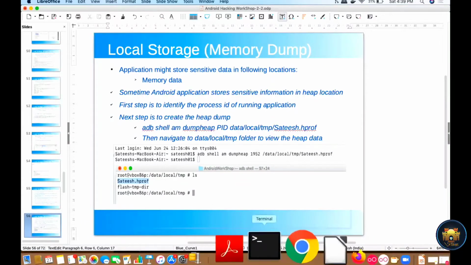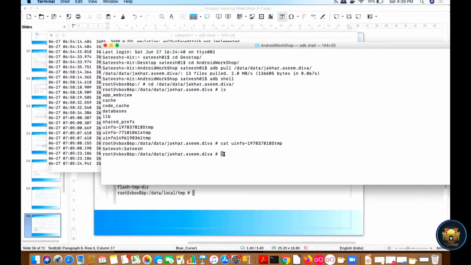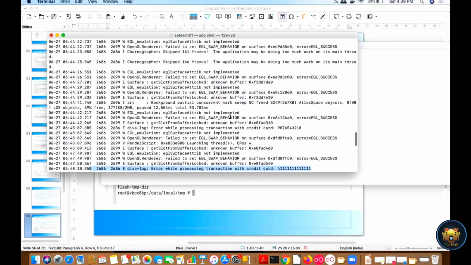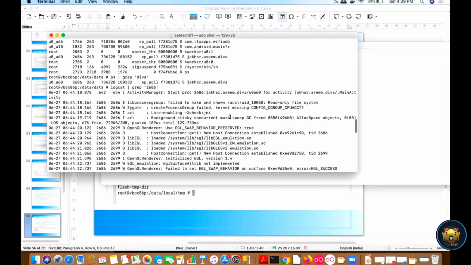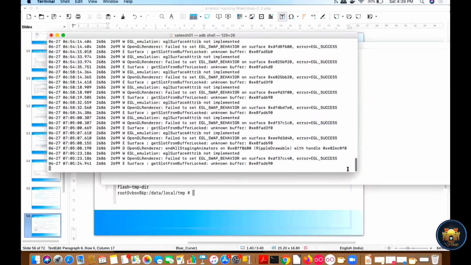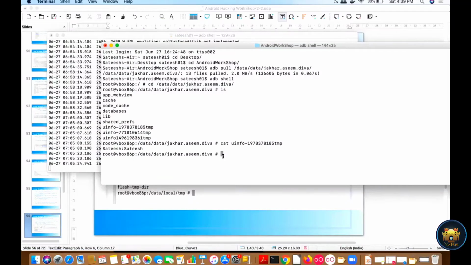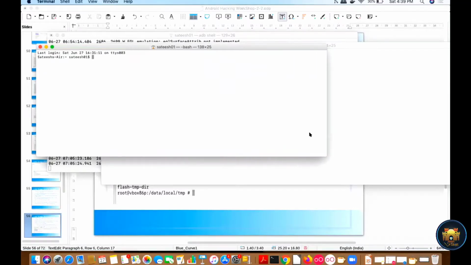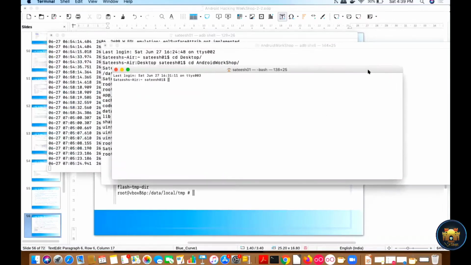So let me check if I can give this one. Okay, so we have the process ID, 2686. So what I will do is open another terminal and try to execute the command here.